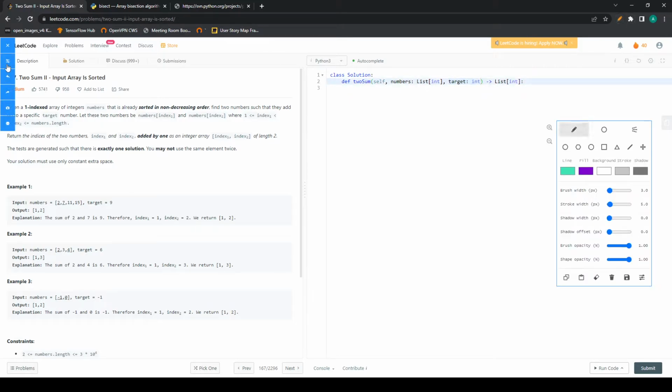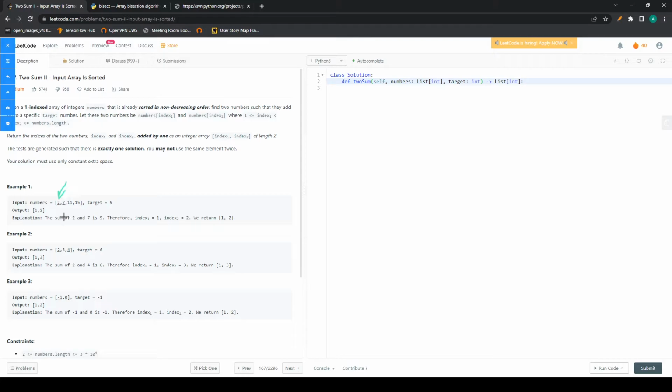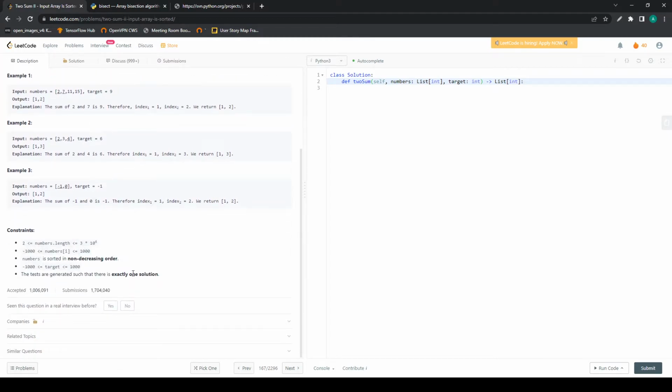So for example, if we take a look at this example, the numbers are already sorted increasing, and with a given target value of 9, there are exactly two values, 2 and 7, that if we add them together, will be equal to 9. And it is guaranteed by the problem that there is exactly one solution, not 2 and not 0. One other constraint is that